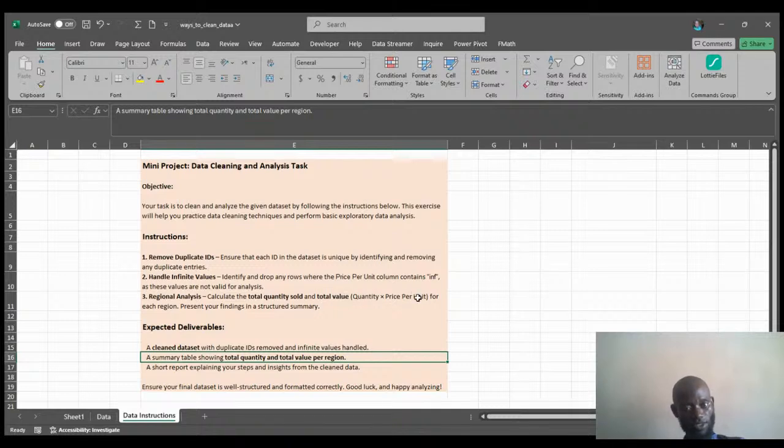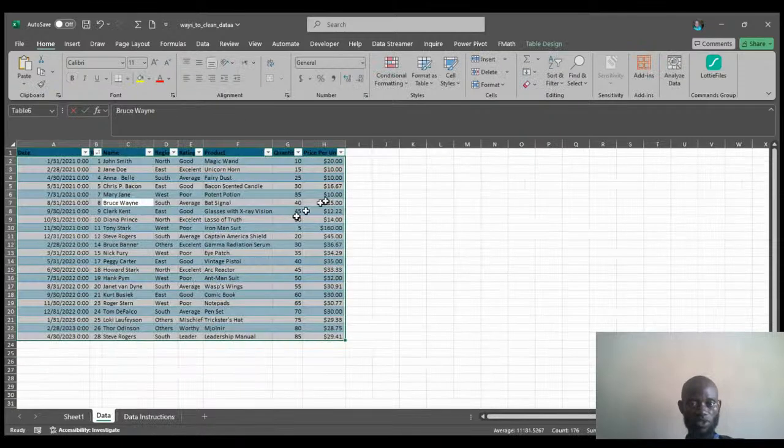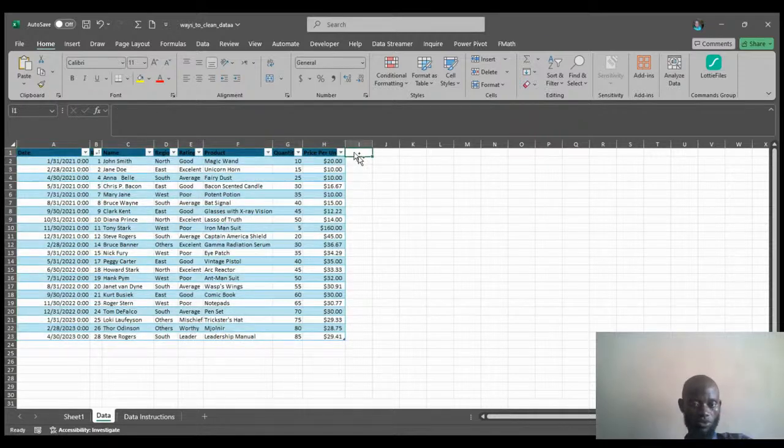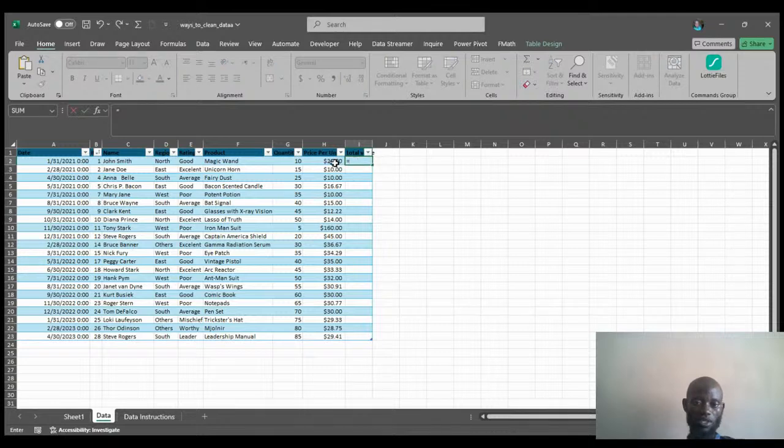All right. So now I have to first of all make a total value column. Total value column. Now total value. Control C. In this table now, create a new column. Control V. Total value, and the formula is equals to this one